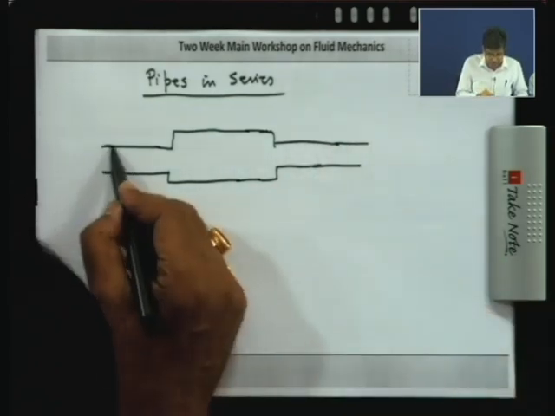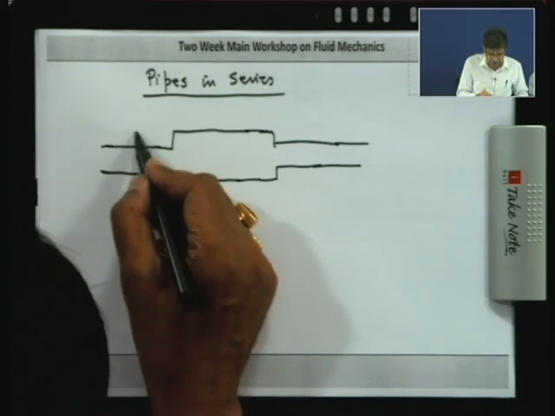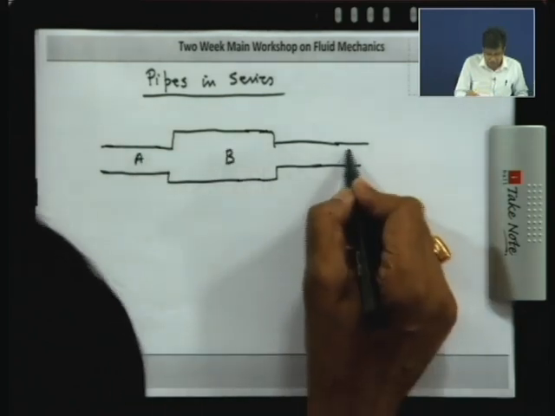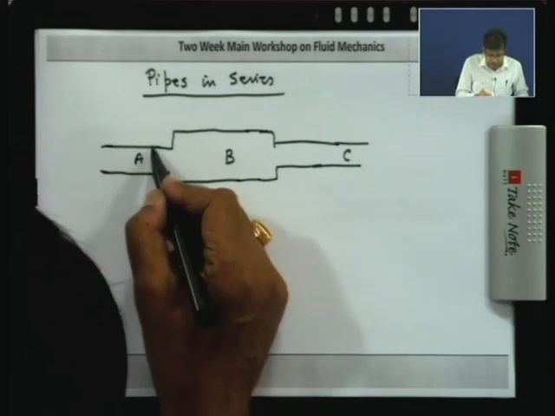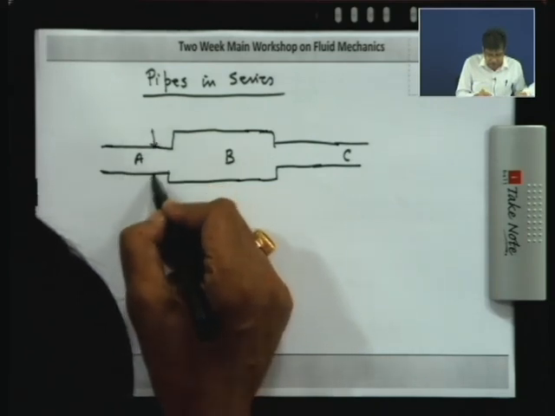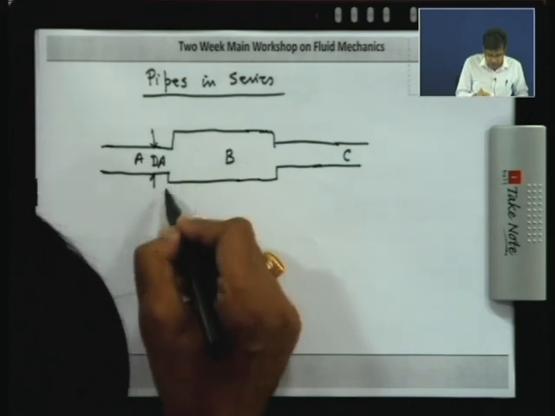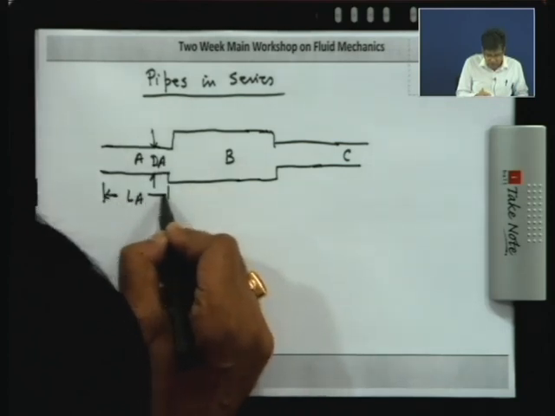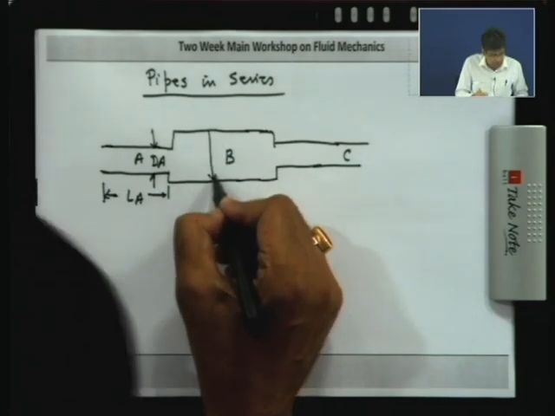We take 3 pipes in this case. This pipe is A, this pipe is B, this pipe is C. Let the diameter of pipe A be dA and its length be LA. This pipe diameter is